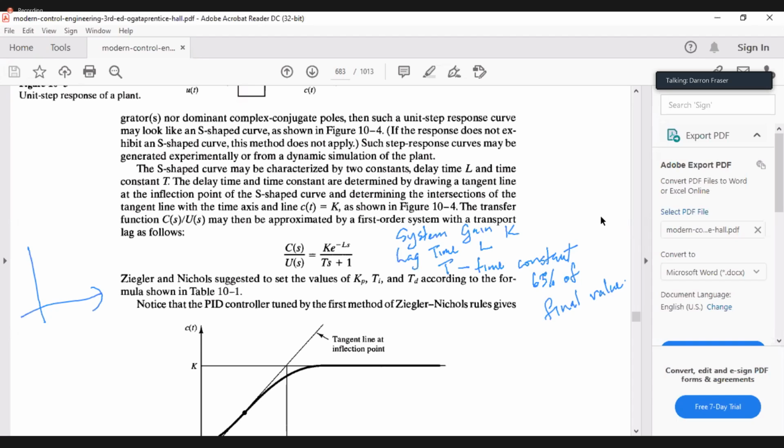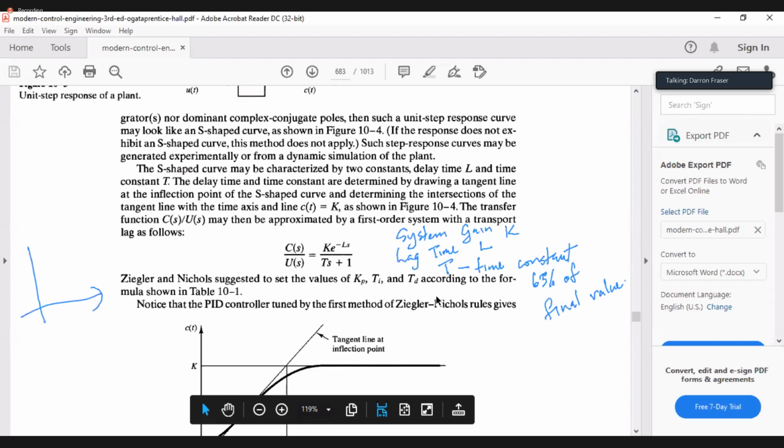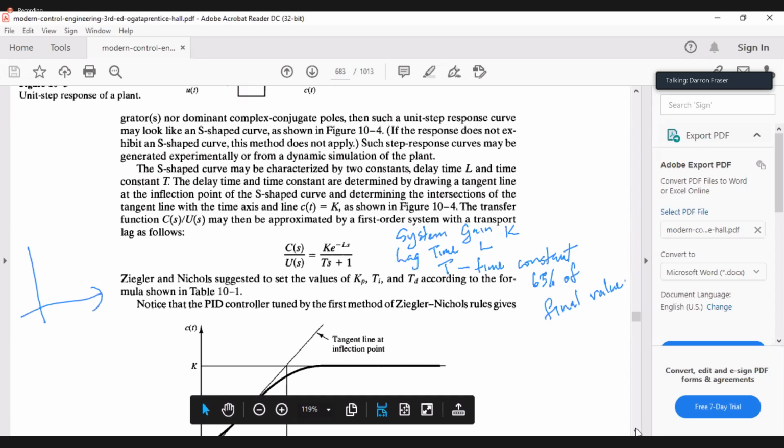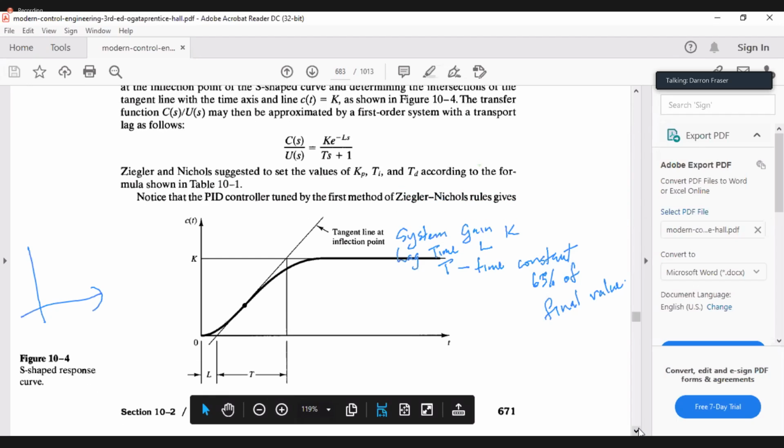Right? So the time constant is the time it takes to reach about 60% of the final value. All right, so